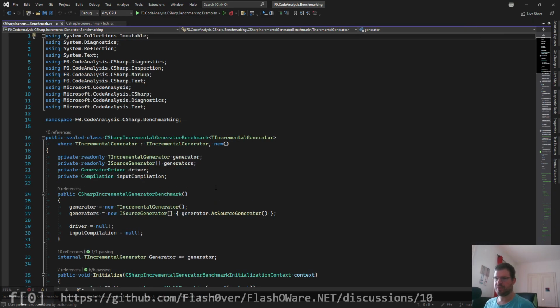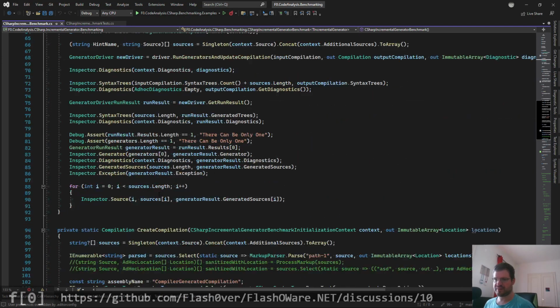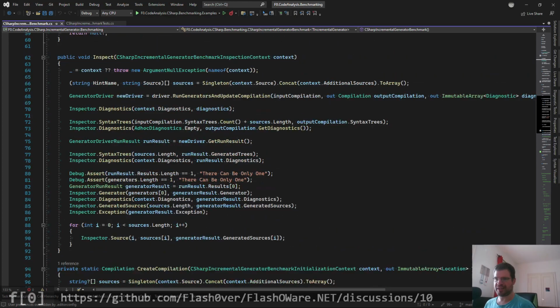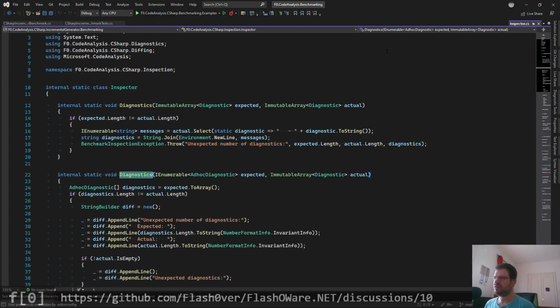Incremental generator benchmark, and in the inspection phase somewhere we assert the diagnostics. With your inspector, we assert the diagnostics. So the context diagnostics are those that we expect, and these are the actual diagnostics that we get when we run the generators and update the compilation. We then have, no, there they are, diagnostics. We want to compare them against. And in here,